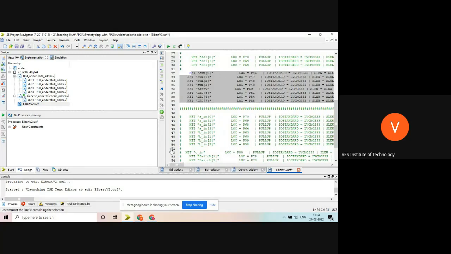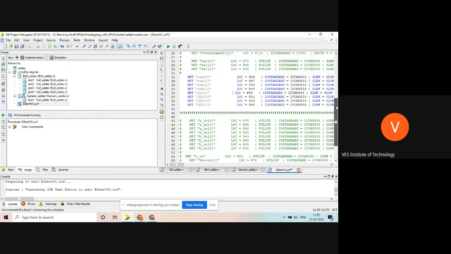So if you want to download it, you may use this kind of UCF file. You can see sum 0, 1, 2, 3, carry and LED 5, 6, 7 which you can use. Multiple LEDs you can use and one carry you may use.